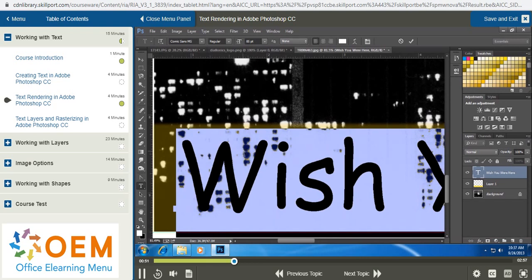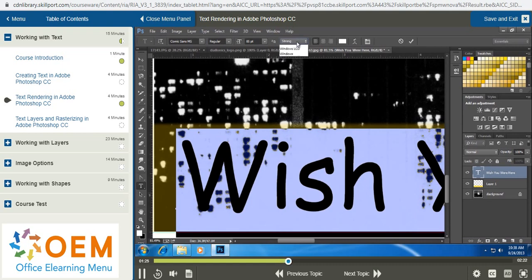Now, when you've got that type selected, we can actually choose how our text is rendered. Right now, we've got none. So basically, the text is rendered however Photoshop's default rendering engine does it. But if we choose sharp, we can actually see a little change in that type. If you watch, I'll switch back to none, and you can see if you look around the edges, the top edge of that H, for instance, when I change to sharp, things have been sharpened up a bit. And we also have crisp,